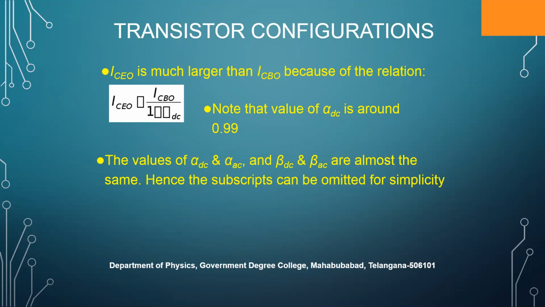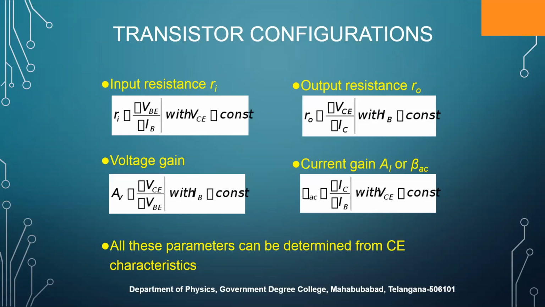So the values of alpha DC and alpha AC, and beta DC and beta AC, are almost the same. Hence the subscripts can be omitted for simplicity. From now onwards, instead of alpha DC and alpha AC, we just take alpha, that is the current gain in common base configuration. Instead of beta DC and beta AC, we take just beta, that is the current gain in common emitter configuration. So these are the 4 parameters